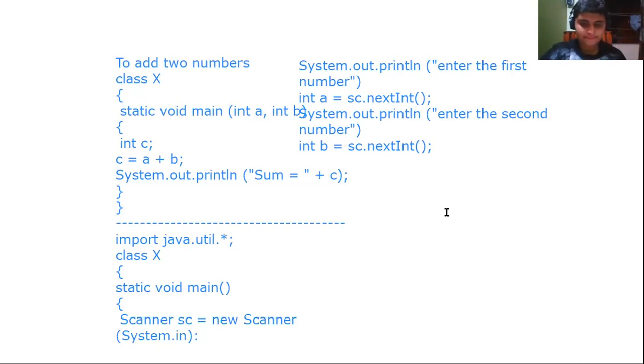There will be no change in the program. Like in the next program also, they will give you.